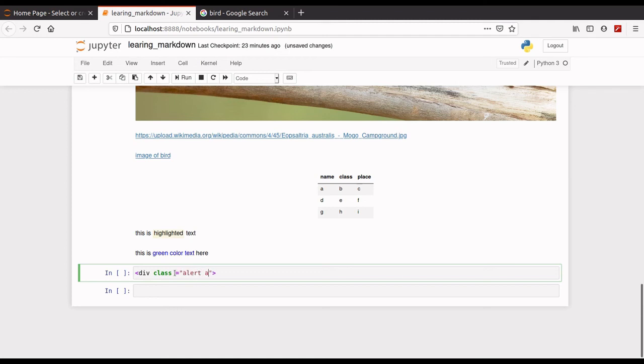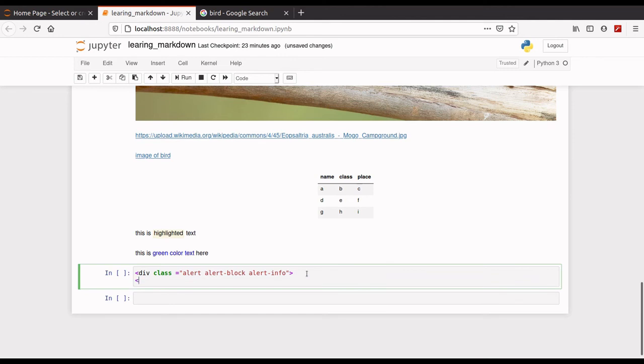Alert, alert, block, alert, info. This will create a box.